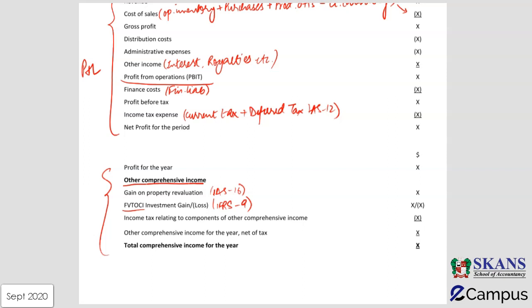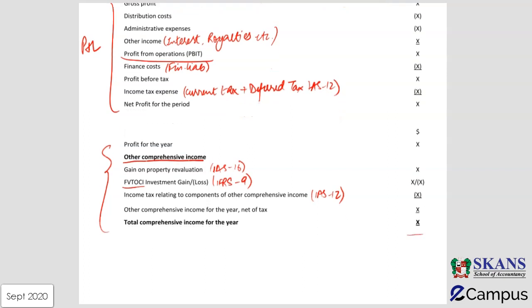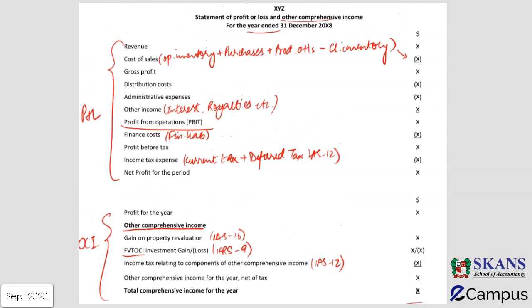Then, as per the rules of IAS 12, any tax which is related to the items shown in other comprehensive income will also be subtracted from the same figures in the same portion of P&L. So the tax related to property revaluation or instruments at fair value through OCI, they are also adjusted in the other comprehensive income portion, which takes us to the final figure of other comprehensive income. Combined, this statement is called statement of profit or loss and other comprehensive income. Please keep in mind the format that we have studied over here.